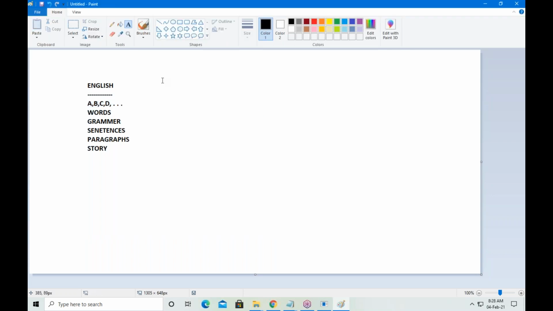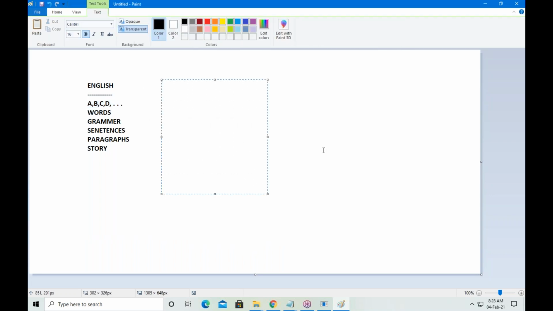Similarly, SQL is also a language. In SQL, what is the beginning point? You should understand commands, and then keywords. You have to follow syntax rules. Commands, keywords, syntax rules you should know.